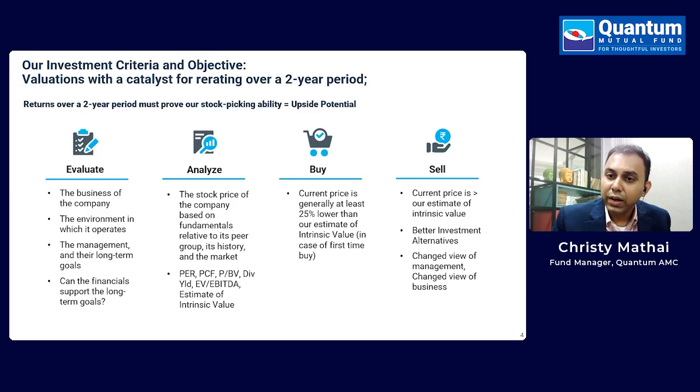So here again, our whole endeavor is we are trying to figure out what would be the normalized earnings for a particular company, and if the company were to give out those normalized earnings, what should be the multiple that we would attach in terms of valuations. So a combination of these is getting to that intrinsic value, and it is our endeavor in each of our buy decisions to buy the company at least at about a 25% discount to that said intrinsic value. And we would sell out a position as the company reaches the intrinsic value, or it surpasses the intrinsic value